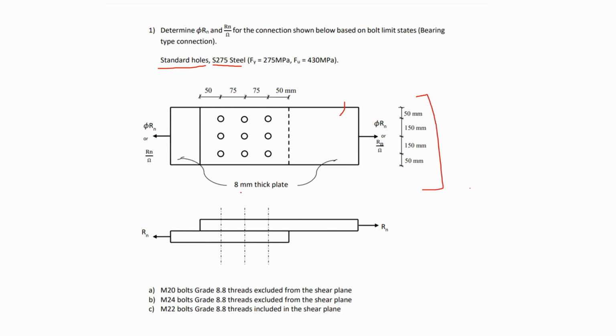Now, as we can see here, this is our connection. We have two thick plates of 8 millimeters that are connected together by bolts as shown. We have in total 9 bolts, and we have the spacing between all the bolts. In part A, it is given that the bolts are size M20, grade 8.8, with the threads excluded from the shearing plane. And we have a force that is applied on both of the plates as shown here. So we would like to find the capacity based on the bolt limit states. Beginning with part A,